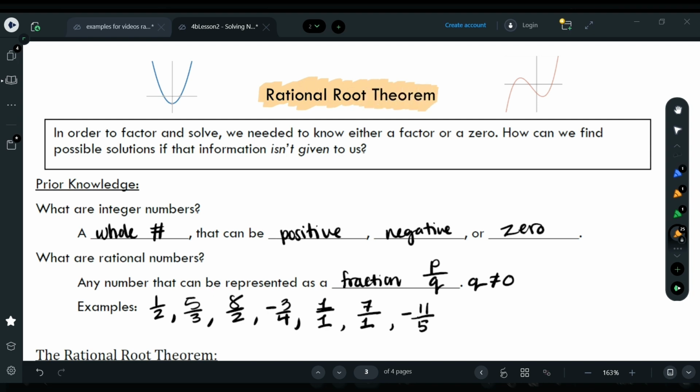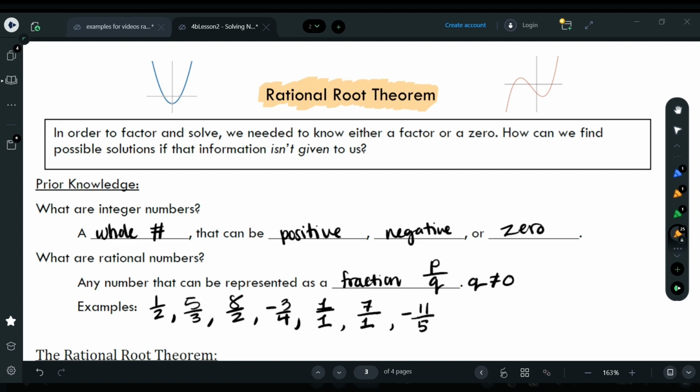So we're continuing with our journey on solving polynomial equations, and the rational root theorem is kind of a big deal. This is one of the highlights of our polynomial unit. Now, what we're going to learn today is,